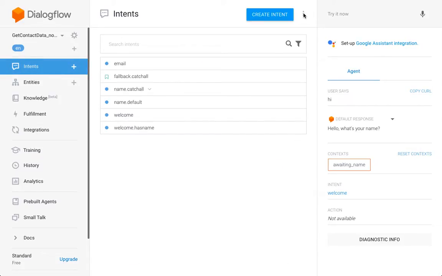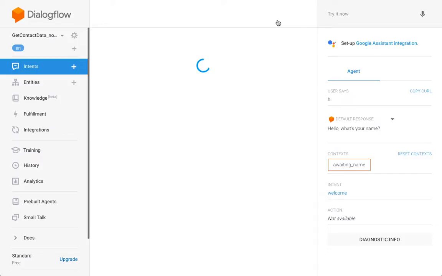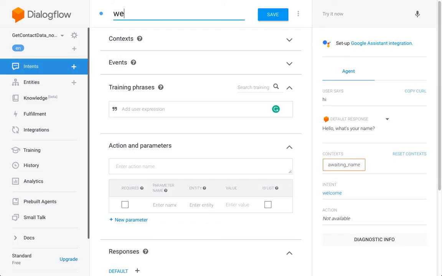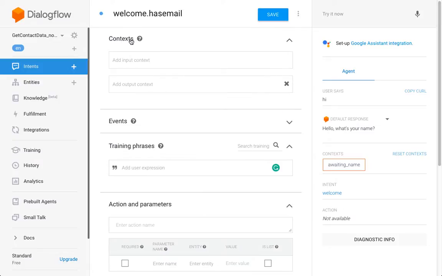Okay, and now I'm going to do this once more for the email address. It's becoming very slow. Do you ever experience that? Maybe I should reload the page. So now, welcome has email, and this is the case when